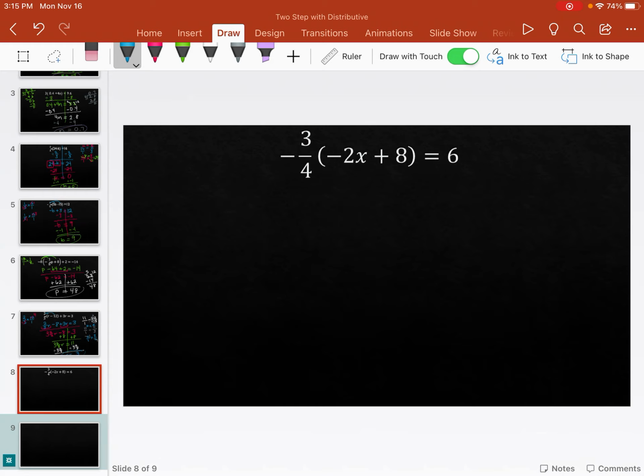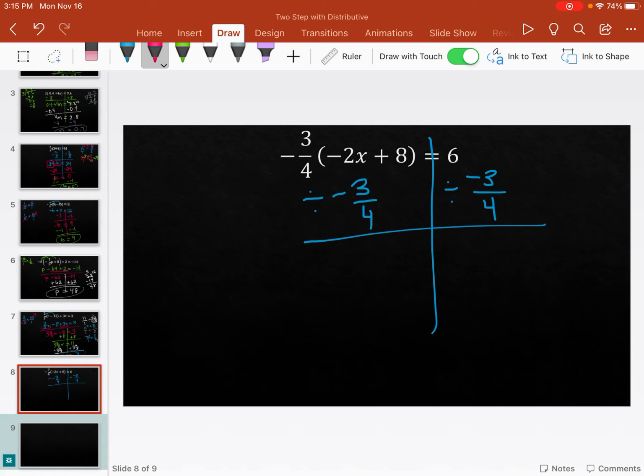Alrighty, so I'm just going to show you how to clear this one out one more time. You could totally distribute it. It's not that bad, but I am going to instead divide by -3/4. Remember, it's always kind of just a personal choice. Look at the numbers, think about what you think is going to be easier and go with it. Okay, so if I divide this out, I get -2x plus 8 equals